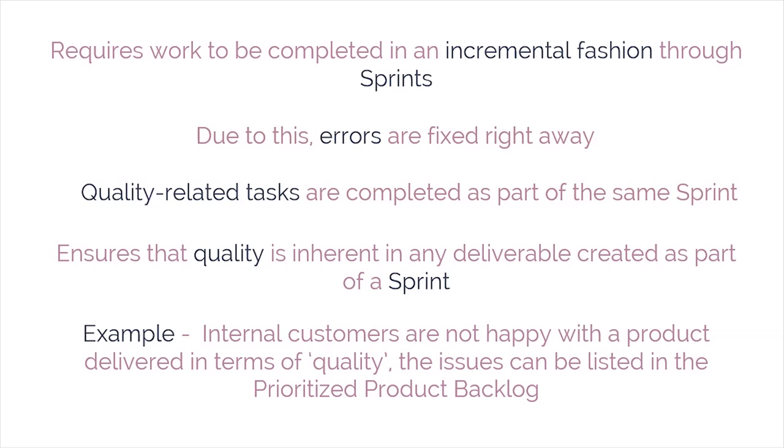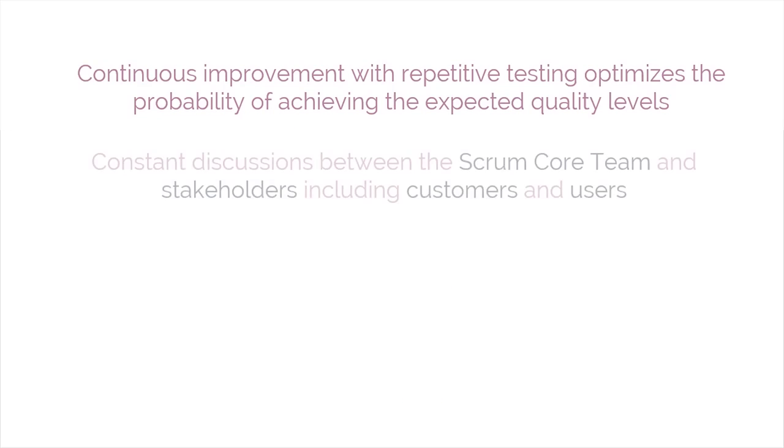These kinds of issues will be addressed during the sprints, and the team will try to fix them so that quality is not compromised. Thus, continuous improvement with repetitive testing optimizes the probability of achieving the expected quality levels in a Scrum project. Constant discussions between the Scrum core team and stakeholders, including customers and users, with actual increments of